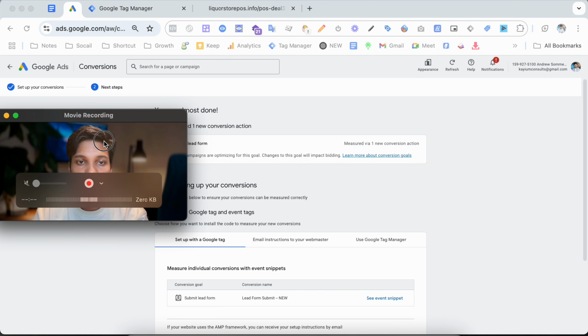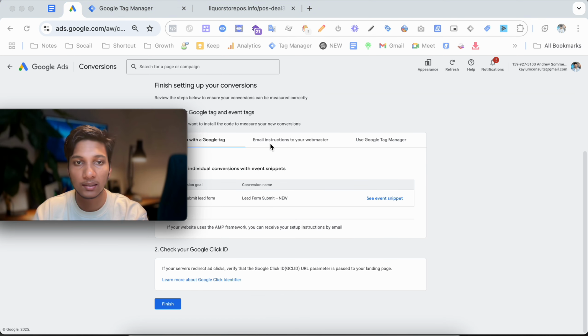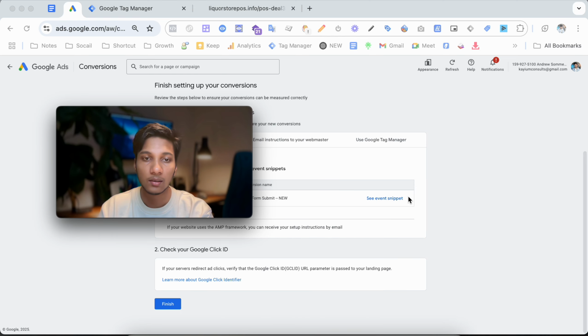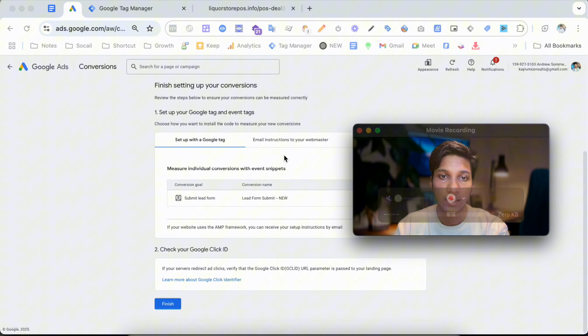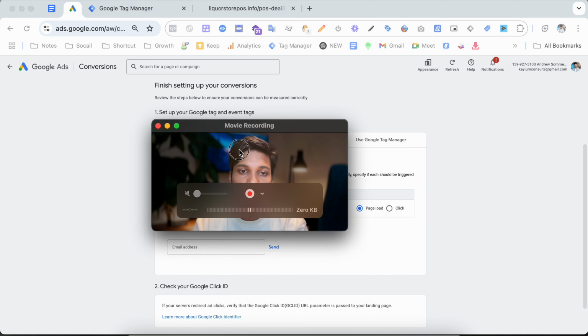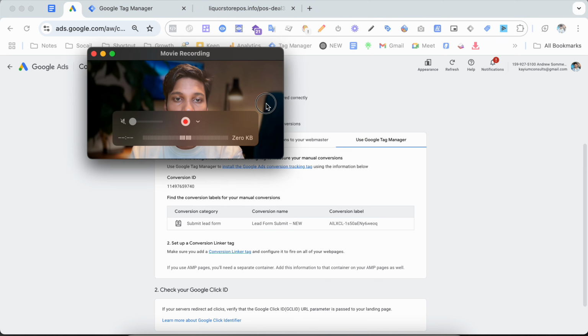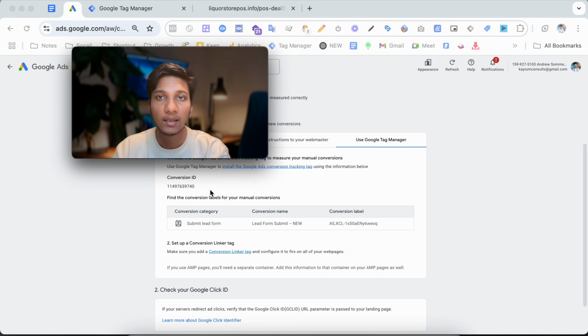Now here you see three options. One is that we can send this data to our developer and they can add it, as well as here we can just add this code manually, but in our case we do that using Google Tag Manager. So just click on Google Tag Manager, and here we get the Google Ads conversion ID, as well as this Google Ads conversion label. So now we have to